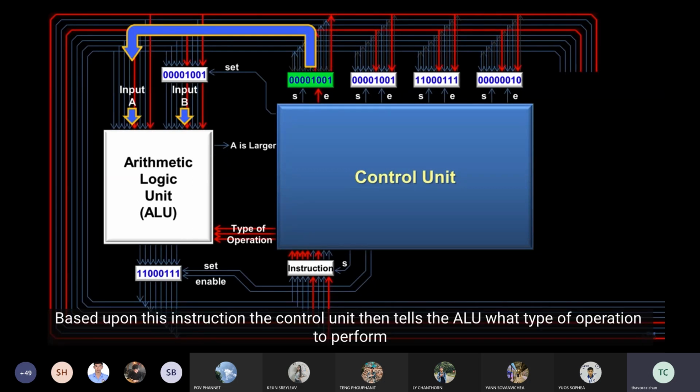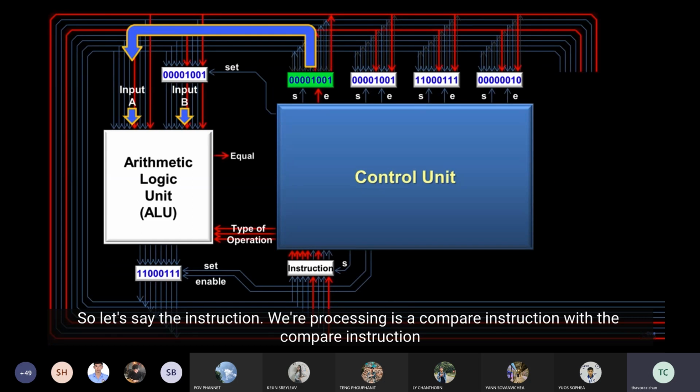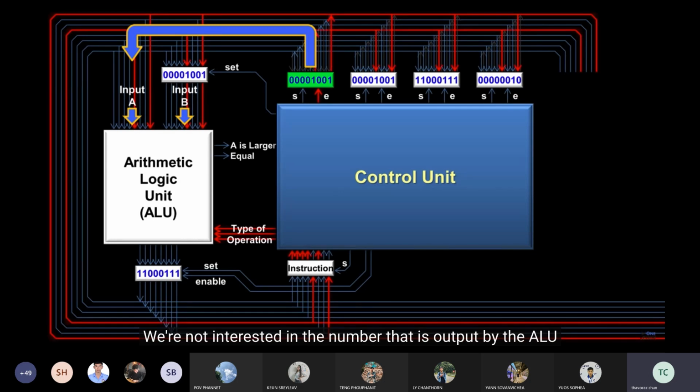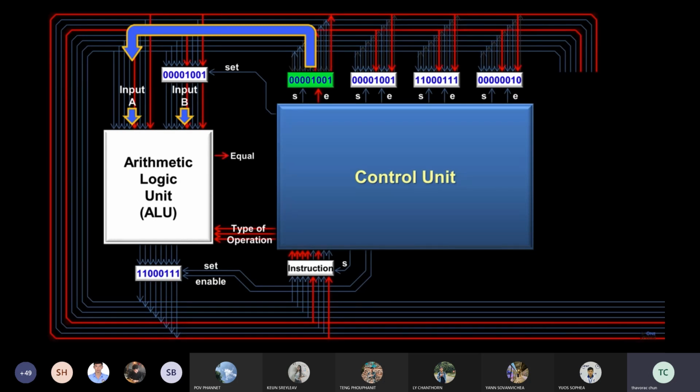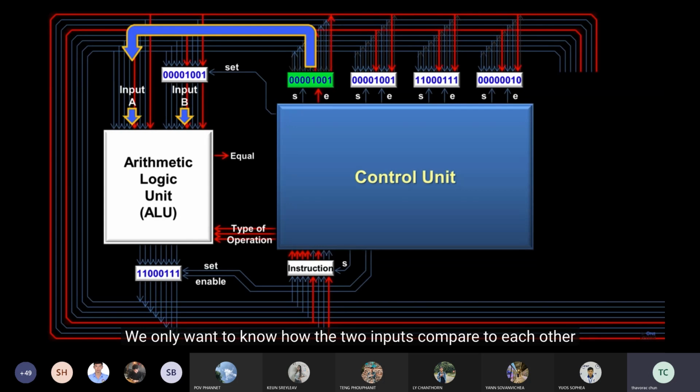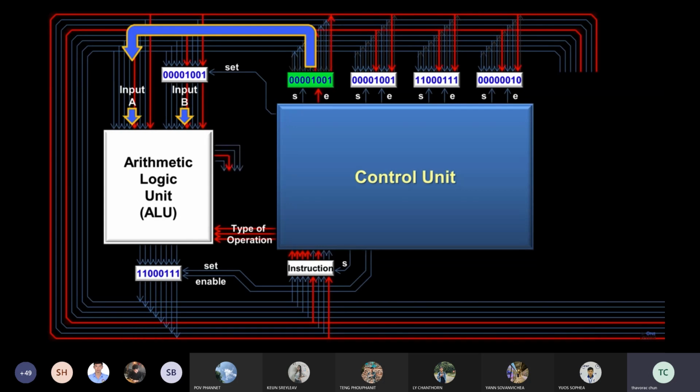The A is larger flag will turn on if input A is larger than input B. If the inputs are the same, then the equal flag turns on, and if both of these flags are off, that means input B is larger. But in this case, the equal flag is on, so that means both inputs are the same. Once the compare